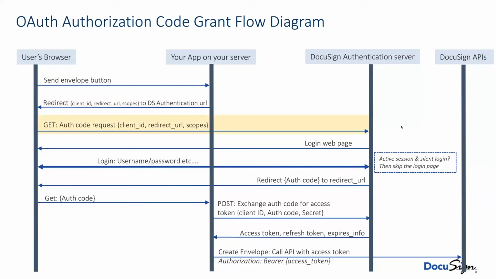Next, what happens is very often the DocuSign authentication server will respond to the user's browser with the login web page, which the first page of that sequence simply says enter your email address, and then later on you get a page for your password and so forth. And that's why I'm showing this arrow as being thicker and having arrowheads on both sides, is at this point the DocuSign authentication server is going back and forth with the user's browser for a number of pages.